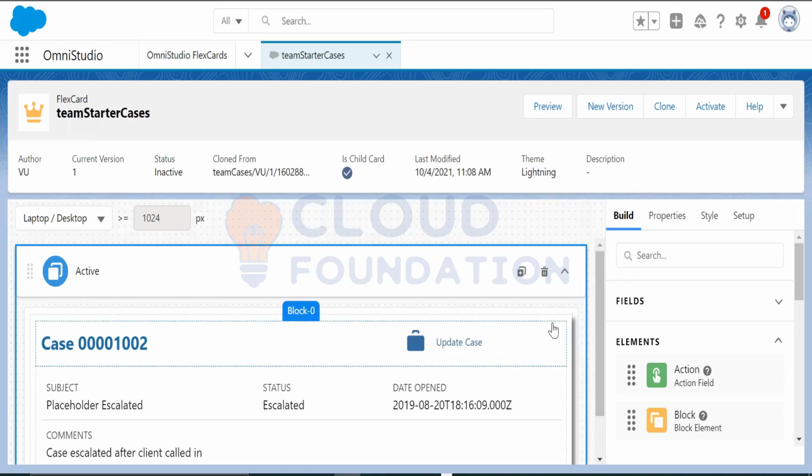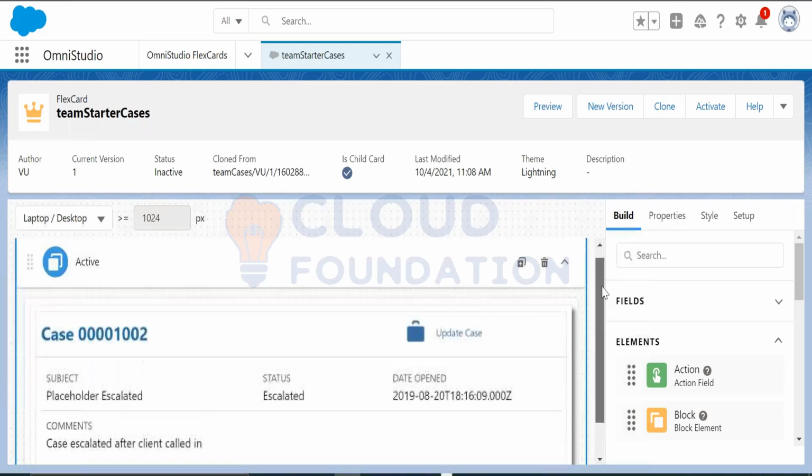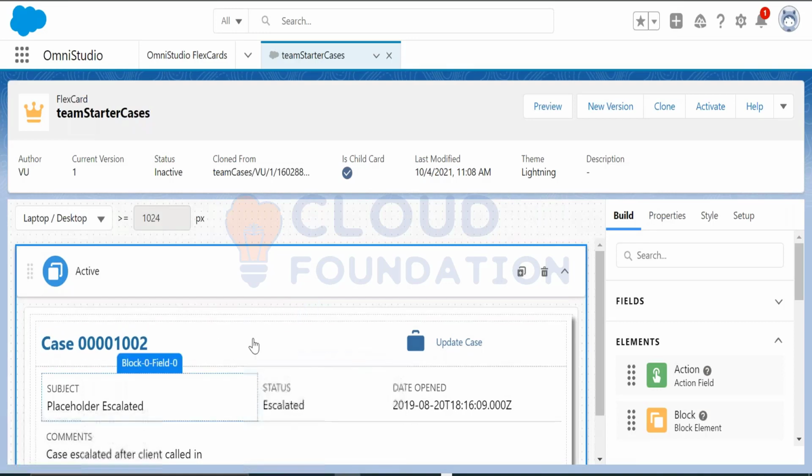This is a canvas. We use this canvas to drag and drop. Here you can see we have already designed a card. So this is a case card. Okay, here if you see the tabs, there are 4 tabs,